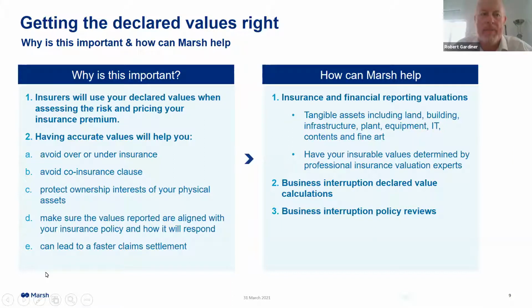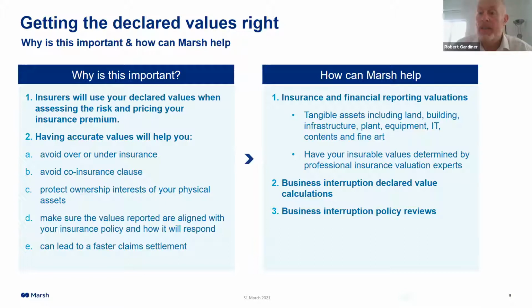Also, a third part about ensuring declared values are current is about protecting the ownership of those physical assets. So, as I just touched on, making sure the declared values are broken down into their constituent parts, so they actually reflect the ownership interest of those assets. So it's not just the physical building structure, but also the plant and equipment that sits within that. That's not only from a financial investor's perspective, making sure that their interests are protected, but ultimately will lead to a less contentious claim where there is a dispute about those values. So, it's about protecting the interests of the stakeholders and financial interest.